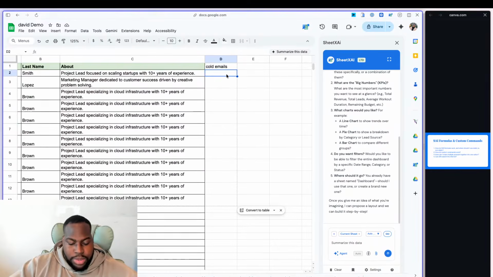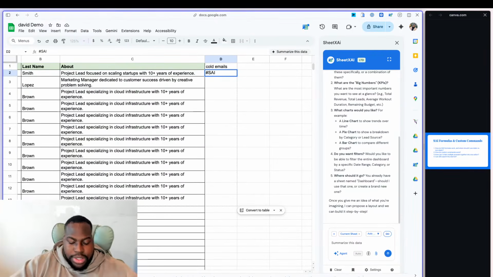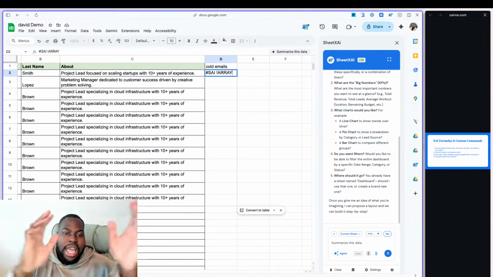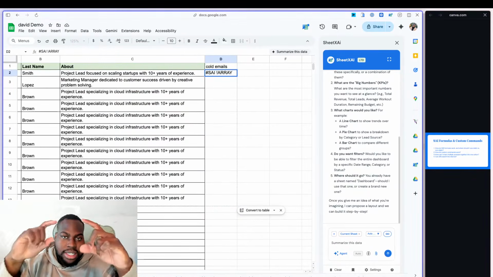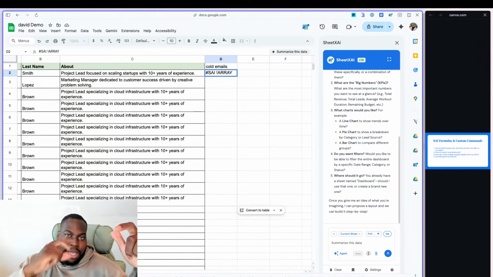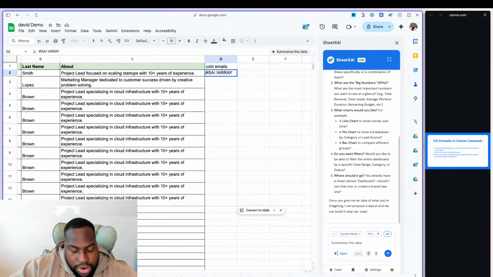Then you would come here and you would type hashtag Sai, which is, hey Sai, I need your attention here, right? And you would say array. Now here's the thing, you don't have to type array. Array is only for whatever you type here, you want it to run on all rows. It saves you from having to write it once and then copy and paste and paste and paste. With this, you're telling it do this everywhere. And here, let me say,